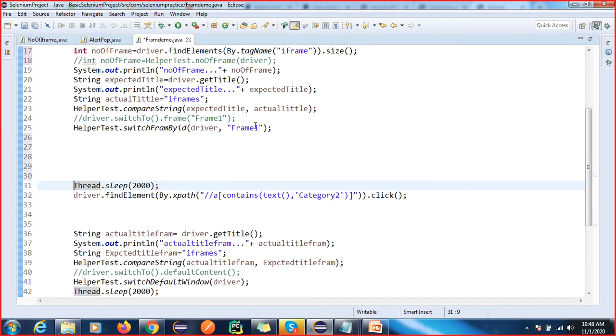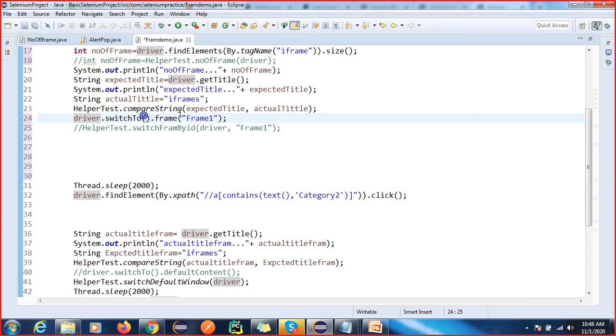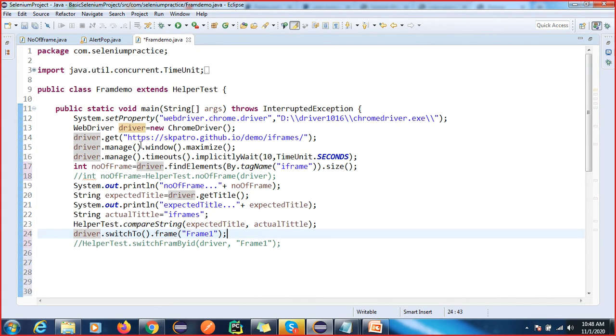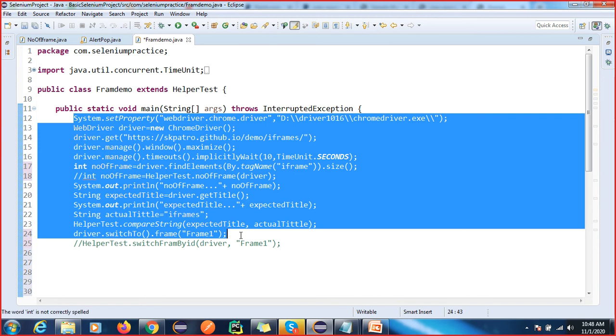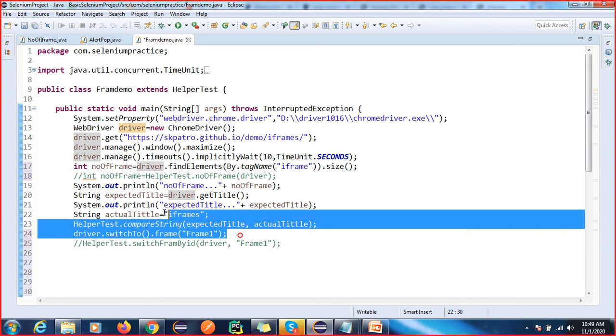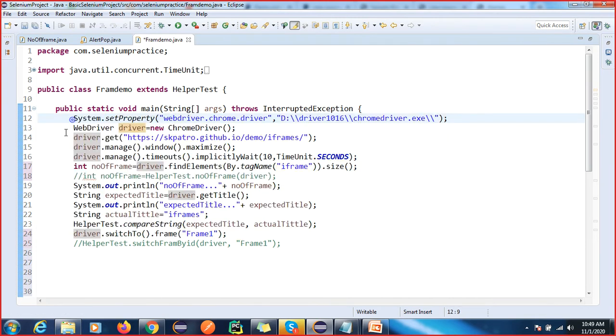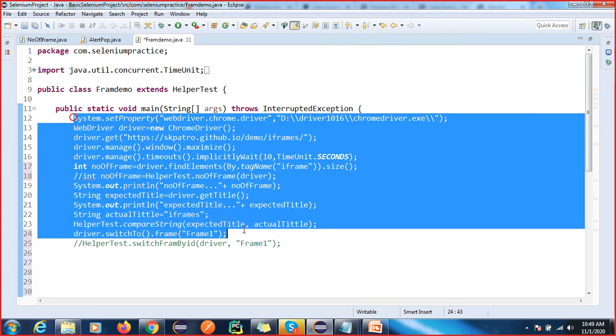Got it, right? So I have a switch here. Sorry, this helper class, I am not going to show you right now; I will show you later. Okay, so this is the frame. I have switched over there, right? If you have any doubt, let me know. Are you able to understand from here to here what manual I explained to you and what automation I'm going to try? Do you have any doubt, anyone, till this?